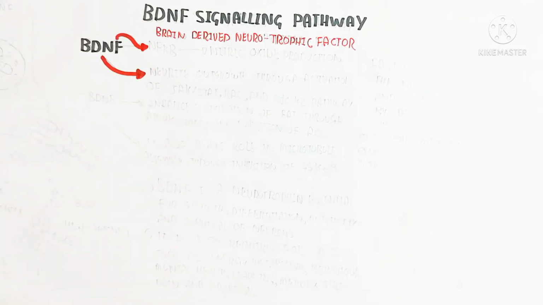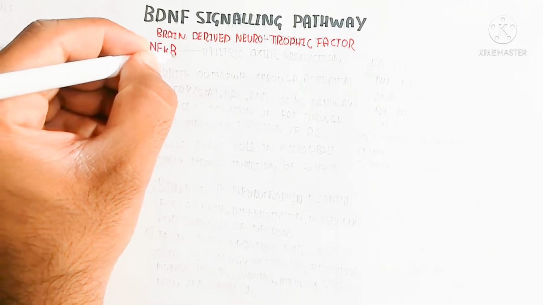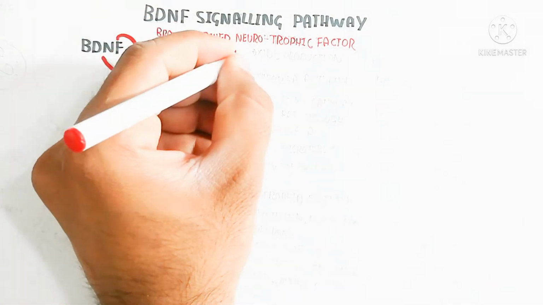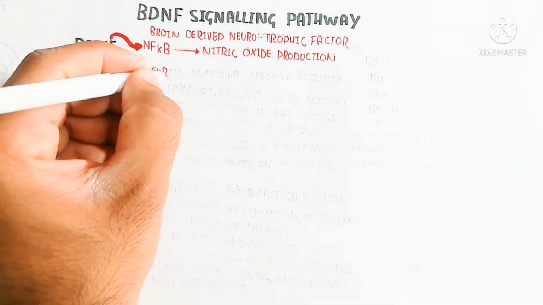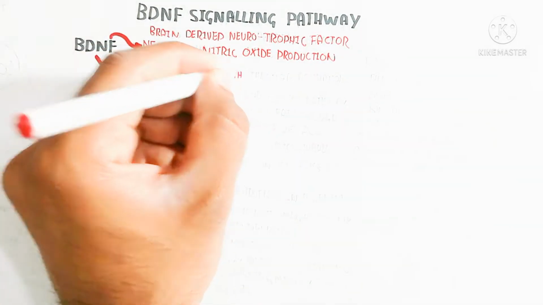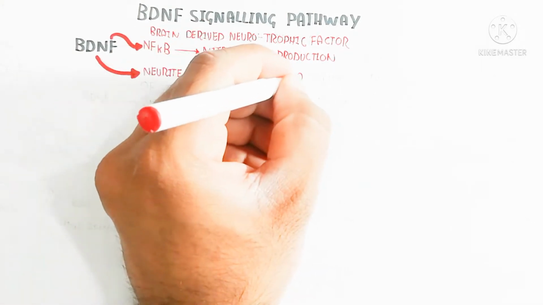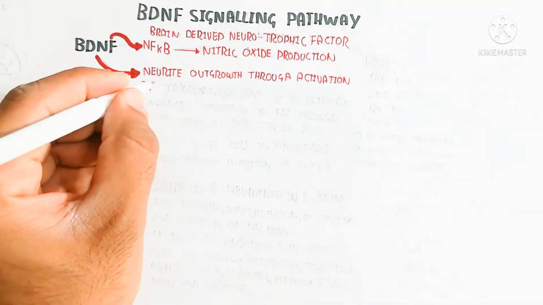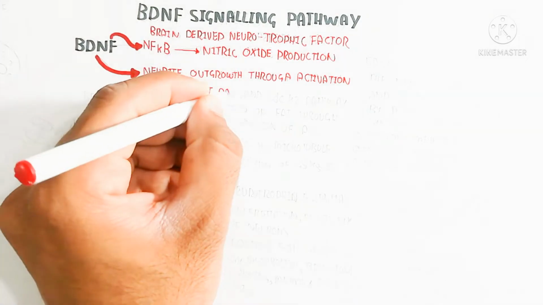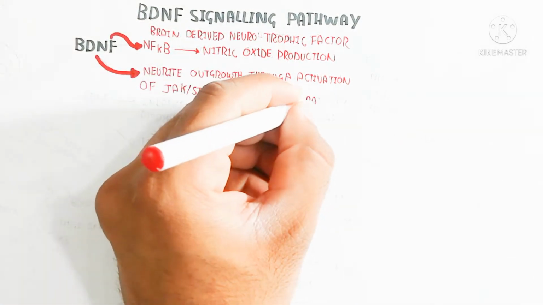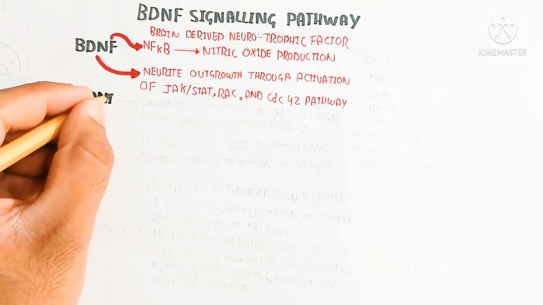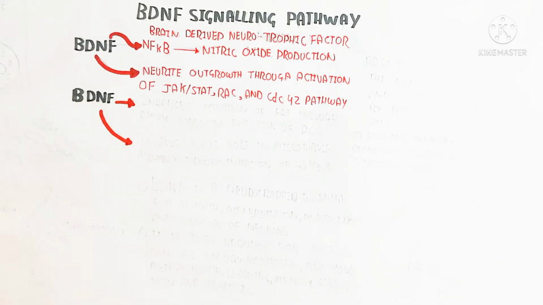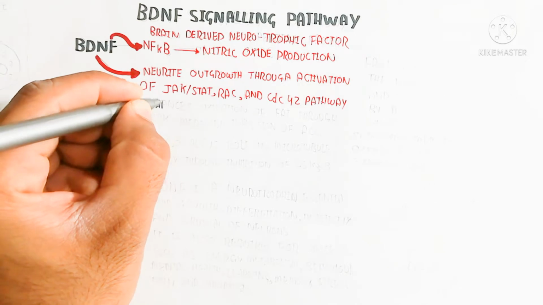kappa B is involved, and nuclear factor kappa B will stimulate nitric oxide production. So it means vasodilation as well as other things due to the nitric oxide production, but here we will not just understand that. Here BDNF drives neurite outgrowth, nervous system growth, through activation of the JAK, STAT, RAC, and CDC42